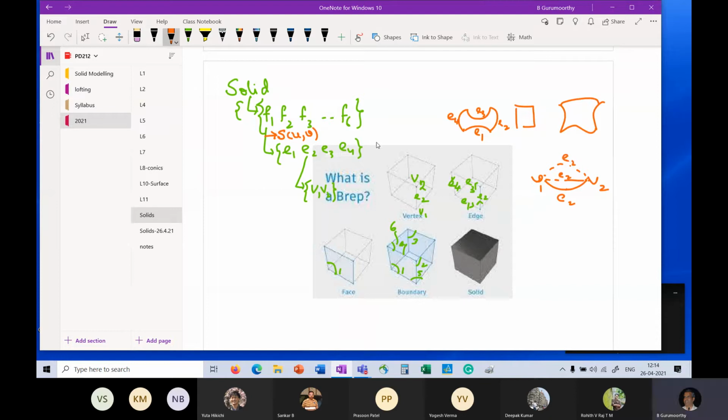So this flow that you have seen here, where I have a face formed by 4 edges, but the face can look like this, a plane or a curved surface like that. And each edge is between 2 vertices, but it can take a form which is like this, or like this, right?